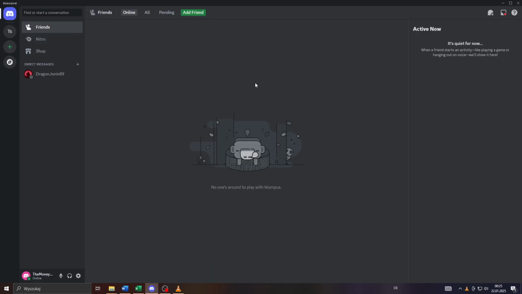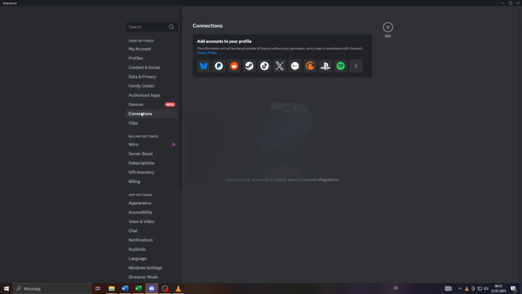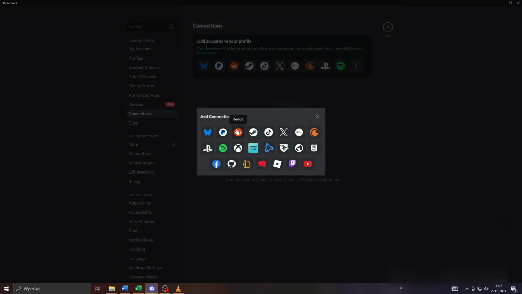So what you want to do is launch Discord, of course, either on laptop or on your PC. Log into your account, and here on your home feed or home screen, simply click on that gear icon in the bottom left corner to access your user settings. After that, select connections from that menu here to the left, and here you see a list of external applications you may connect to your Discord account, like Blue Sky or Reddit or Steam or X or eBay and so on and so forth. So to find YouTube, simply click on that arrow to the right icon here, view more,